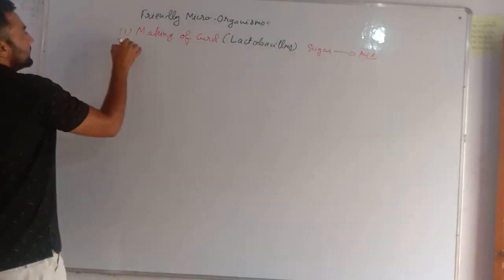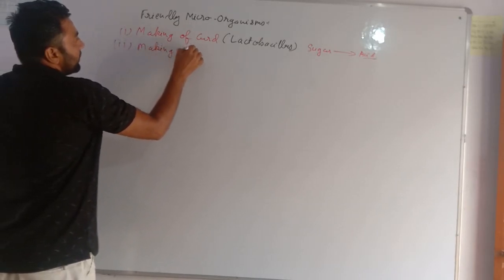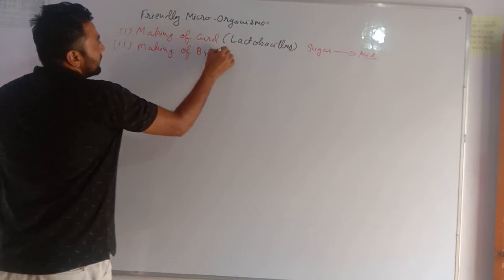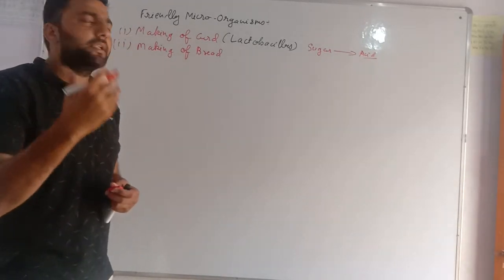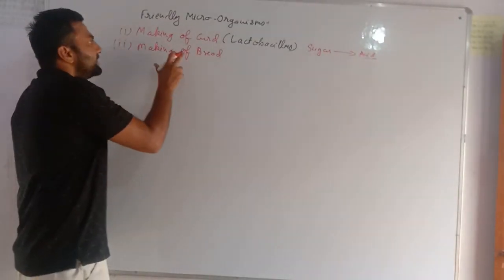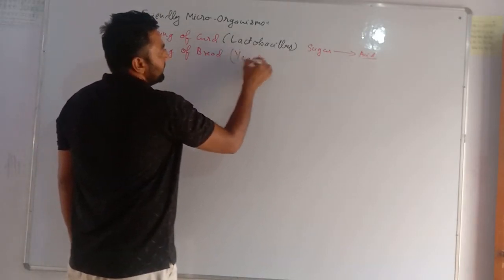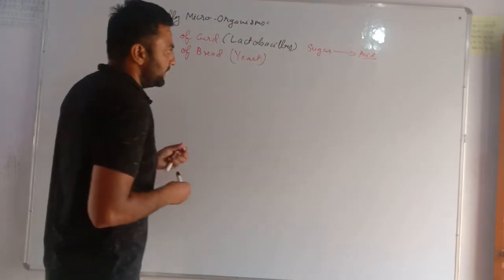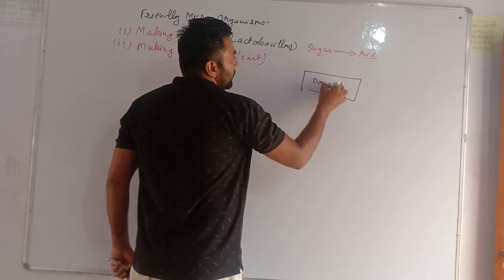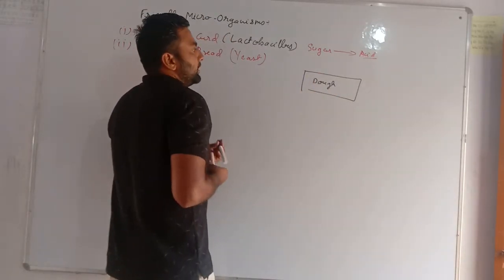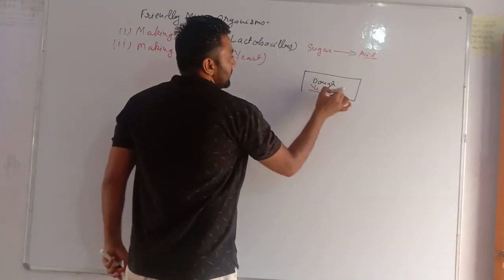Second is making of bread. Bread is most commonly used in our breakfast, pastries, and many other things. So how does it help in making bread? There is a microorganism named yeast. Whenever bread is prepared, we add some yeast to the dough by which we will be preparing the bread,